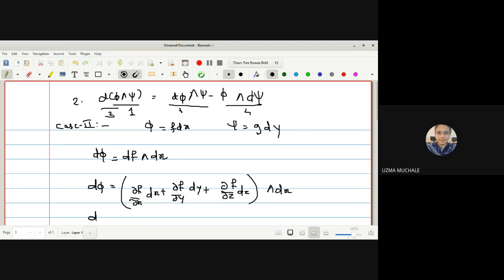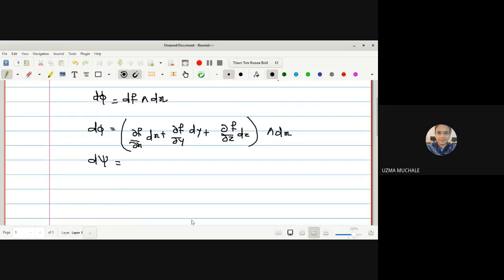Okay. In a very similar way, you have to first find out what d psi is. I hope you are writing along with me, because if you write this with me, then only you can understand. Since, no doubt, if you are going to appear for MCQ or any type of examination, you should have practice.